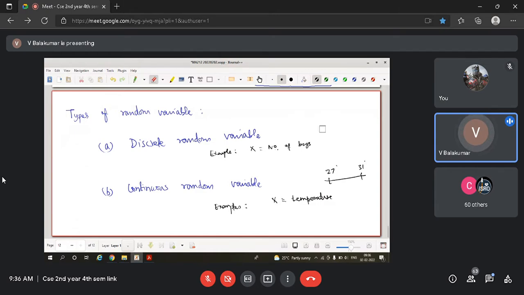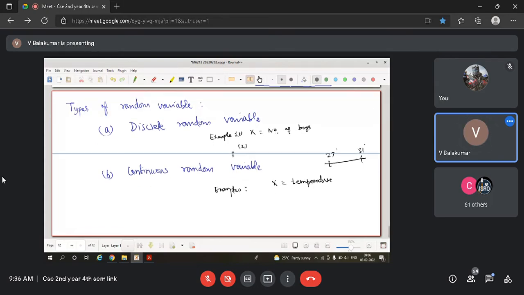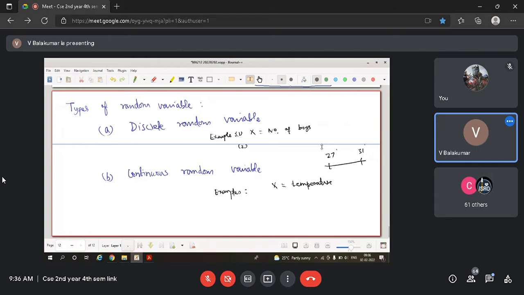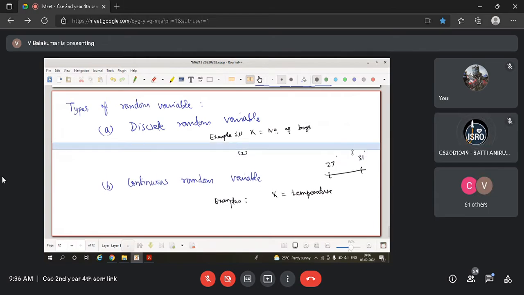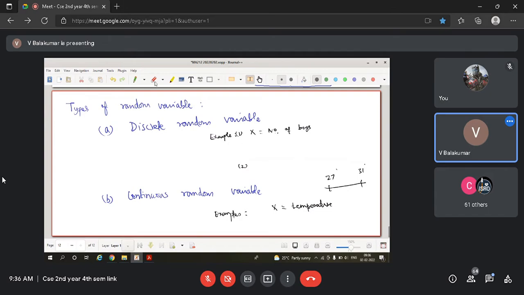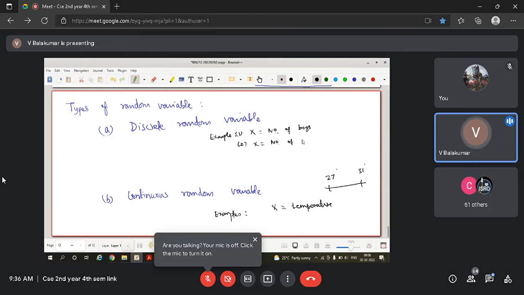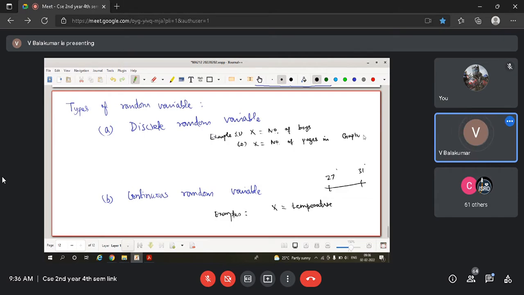Can somebody give me some other example? Another random variable. Another example. Example 1. Somebody try another example quick. We'll proceed then. Number of pages in a book. Excellent. Number of pages in a book. Let us be more specific. Number of pages in what subject we deal with? Probability statistics. In Gupta book. This is our textbook, okay? Gupta is author name.